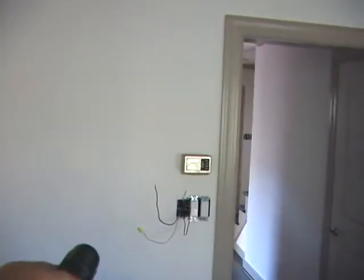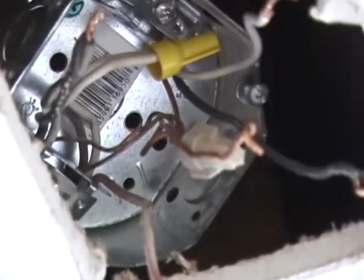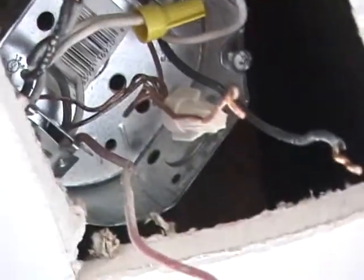When these wires here are not connected to anything, and these wires here are not connected to anything, the black wire is hot at both ends. Now that means there has to be a third wire. In addition, the 3-conductor here,